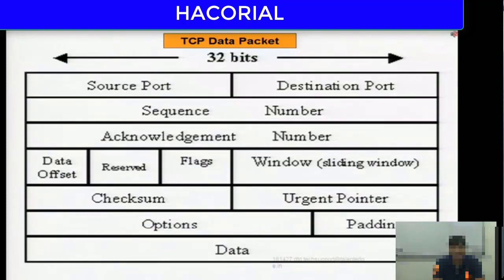And a TCP data packet will have various fields. So you have a source port, destination port, sequence number, acknowledgement number, flags, checksum, options, padding, and then finally you have the actual data that is being transmitted. So whenever data is being transmitted